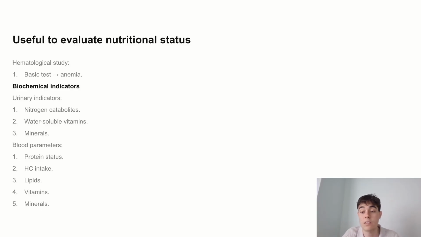Then, talking about carbohydrate intake, it should be noted that diabetes or glucose intolerance are cases in which the normal limits are exceeded. We have several parameters to see if it has been exceeded for a long time or a short time. For example, glycated hemoglobin. Yes, the most common one is glycated hemoglobin. Then, talking about lipids, it's important to analyze the levels of LDL, HDL, and cholesterol.